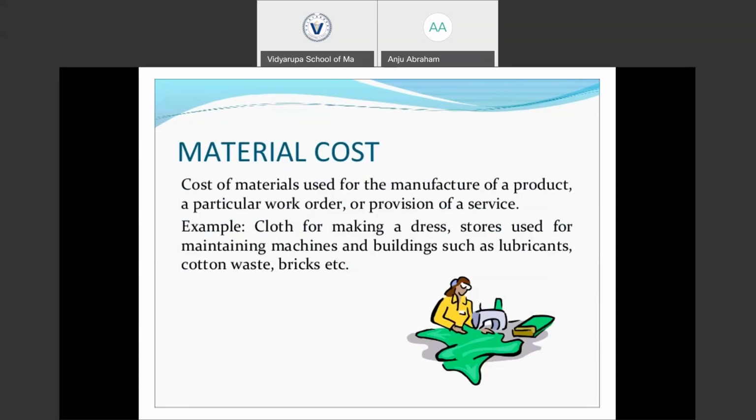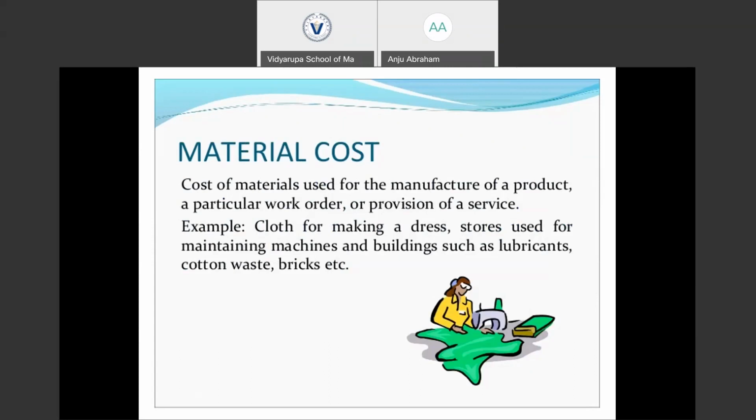So here we are given an example. The cloth for making a dress. The cloth is the raw material used in making a dress, so the cost of the cloth is the material cost. And the stores used for maintaining machines and buildings, such as lubricants, cotton waste, bricks, etc. While carrying out our operations using machines and maintaining the buildings, there are various materials used, which include lubricants, cotton waste, bricks, or the building blocks.